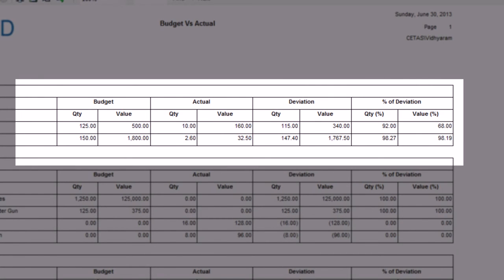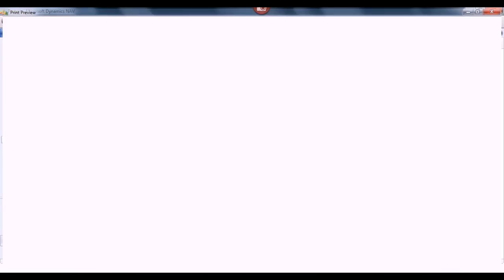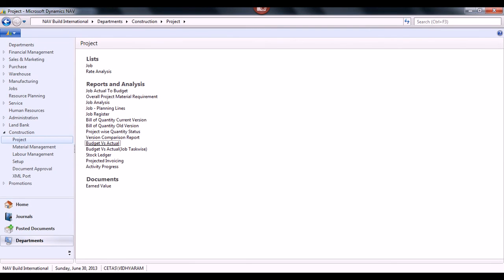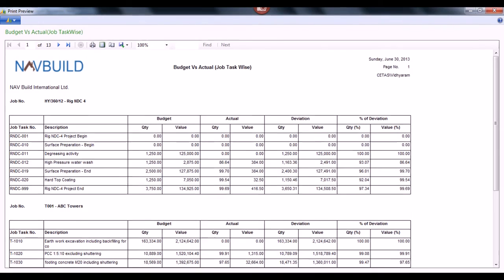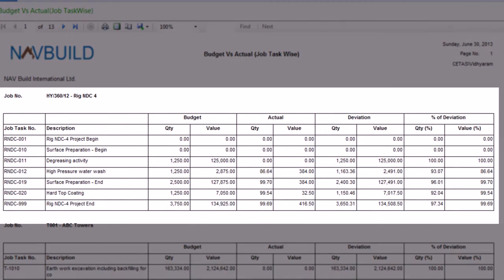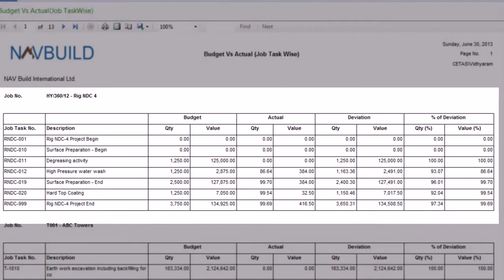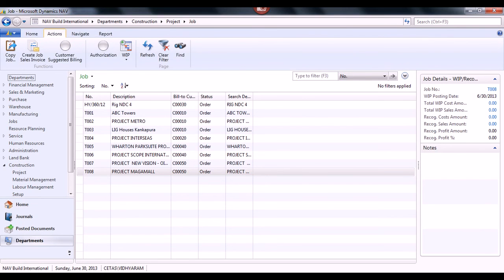This would help you to have complete control during your project execution. We also have a budget versus actual report against job task. Very much similar to the previous report, you'll be able to see the deviation and the deviation percentage during the project. It is also possible to raise billings to customer.